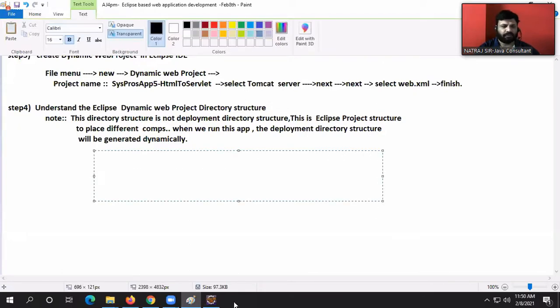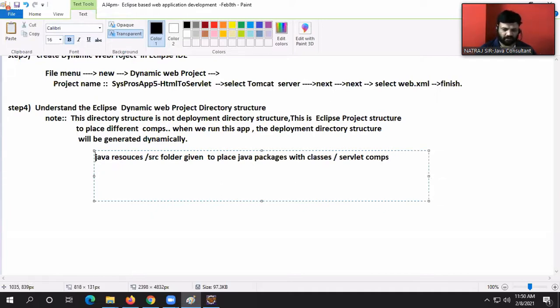Now listen. The Java Resources slash src folder is given to place Java packages with classes or servlet components.